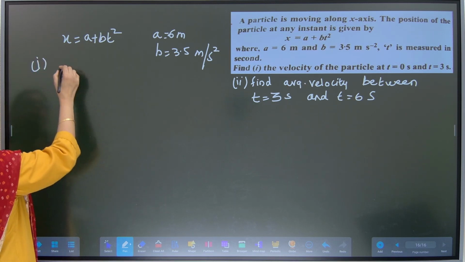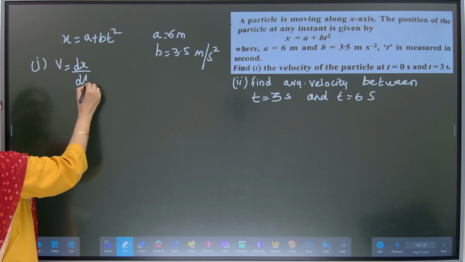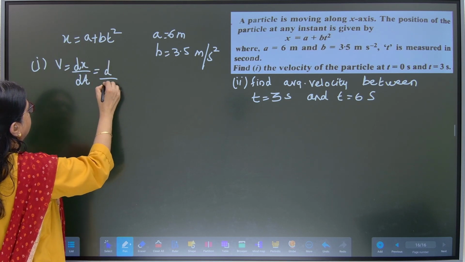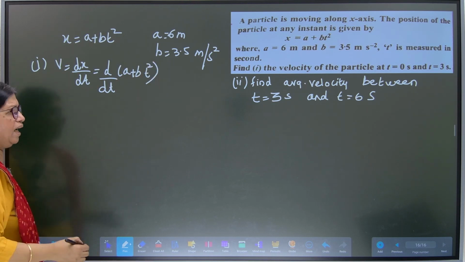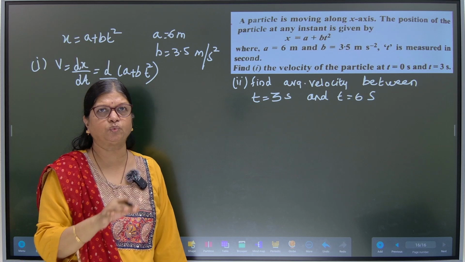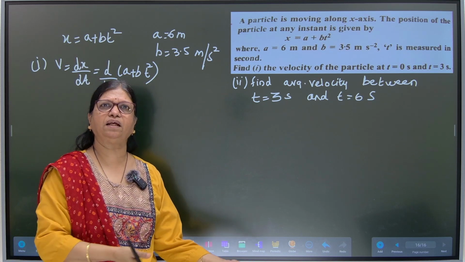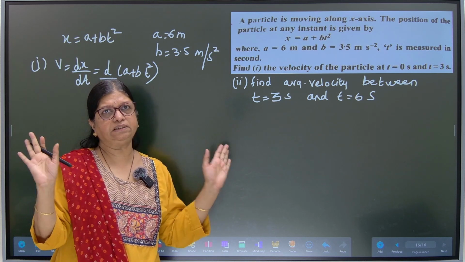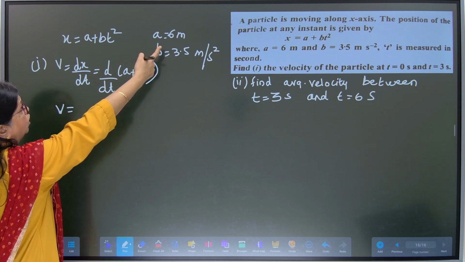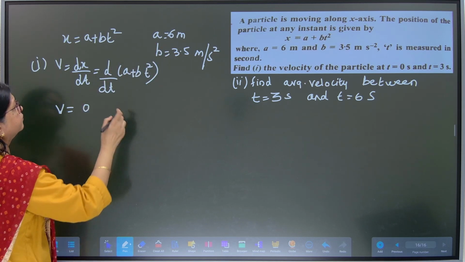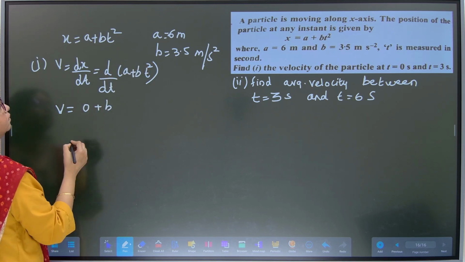Velocity. First of all let me find out the velocity. v is equal to dx upon dt. So differentiating a plus bt square. Now this a and b has come. That is the worry for some students. They have the value now. Even if they don't have value, doesn't matter. We leave it like that. What they gave, we should do. That's it. Okay. So what is the differentiation of a? a is a constant, 6 meter, 0. What is the differentiation of b? b, I'll write it as b. Later I will substitute.